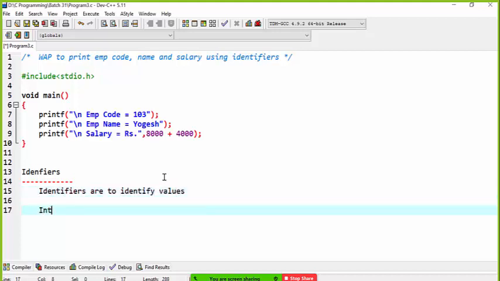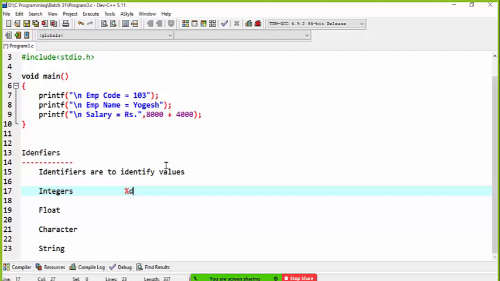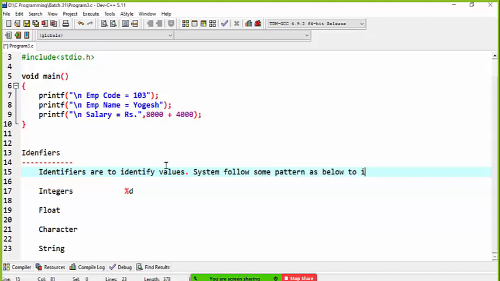So integer type values, maybe float type values, character type values, string type values, they are different types. So how do you identify integers? You can type %d, and it is one pattern to identify a value. The system follows some pattern as below to identify a value.